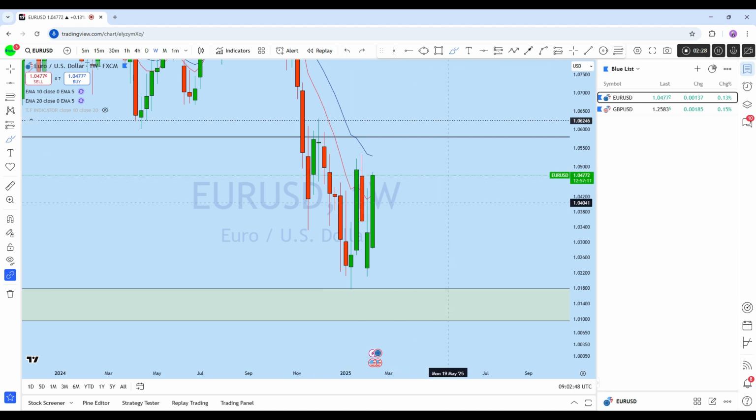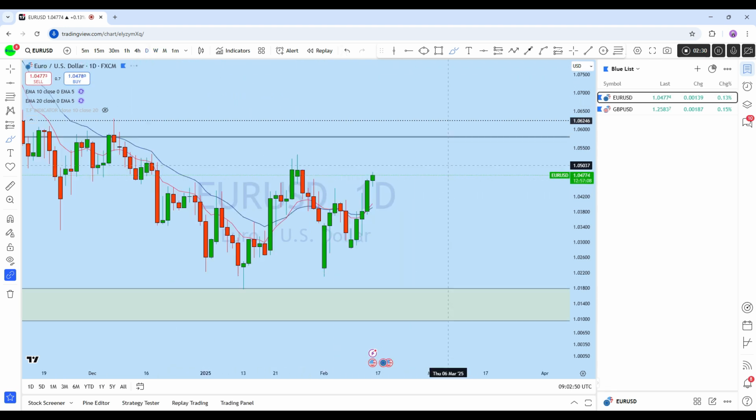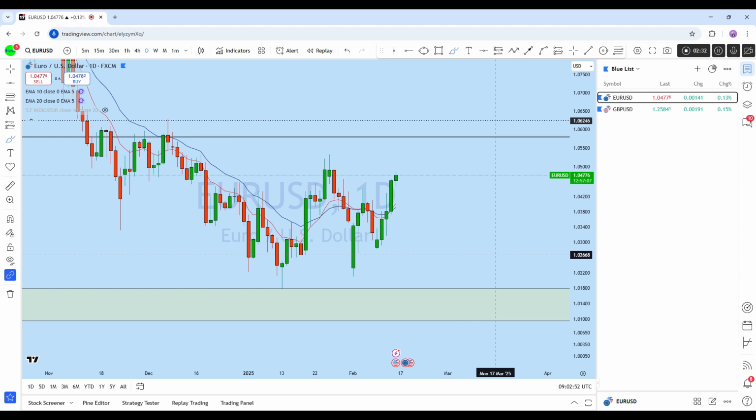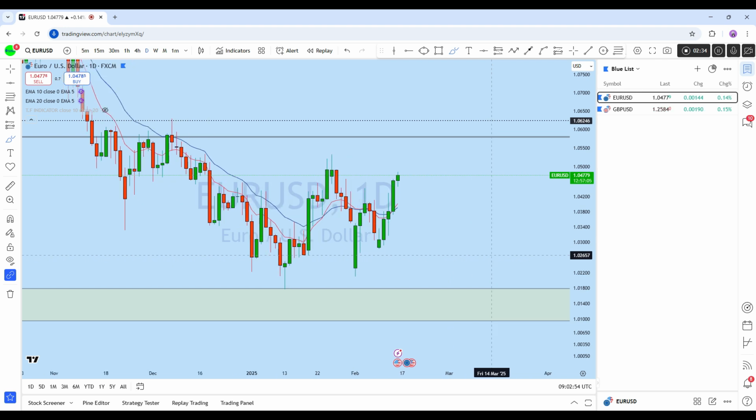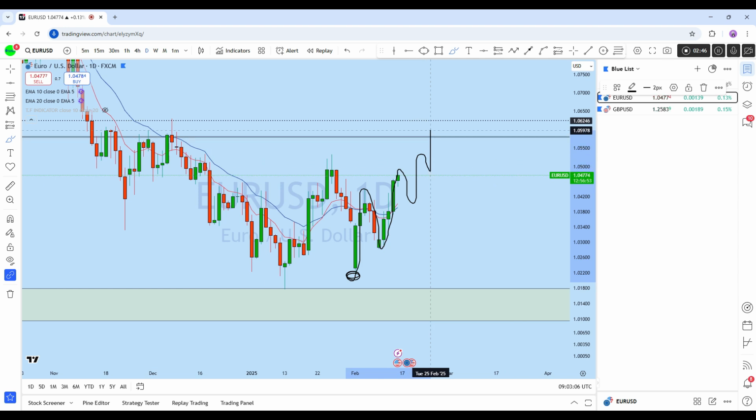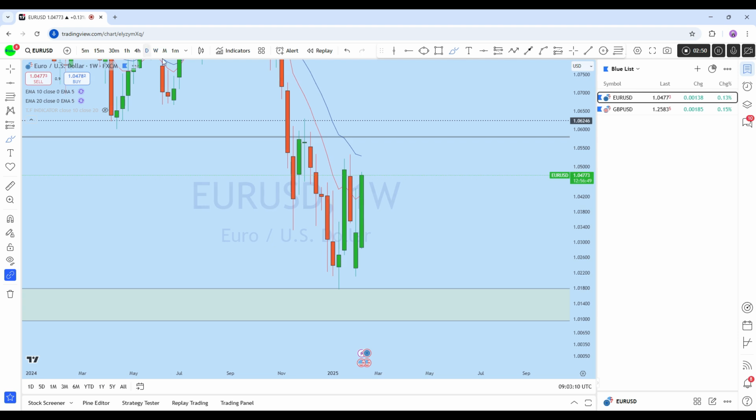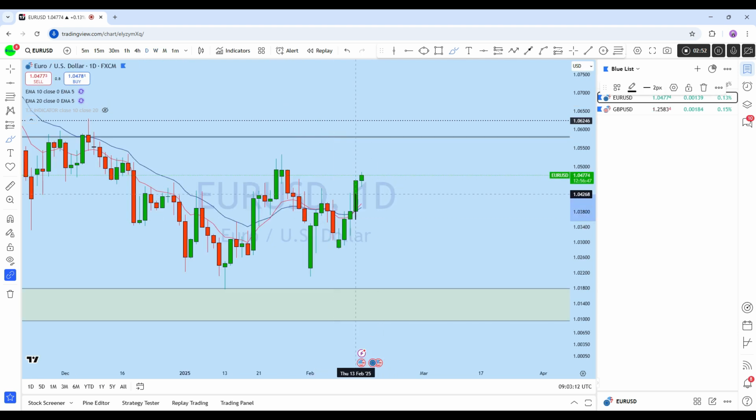Now, if we drop down to the daily chart on Euro USD, from the daily perspective, this is the daily support here. This is a big move on the daily, followed by a deeper pullback, and we can see that there is a potential trend formation here for this move to the upside from the daily, after this previous daily massive bullish engulfer,